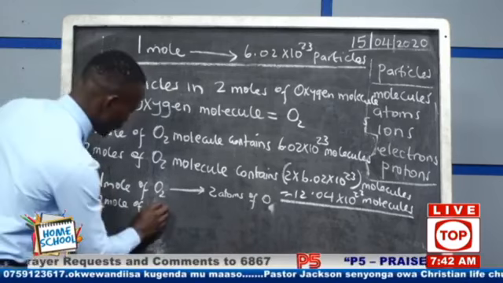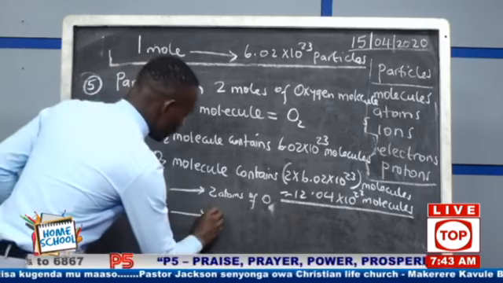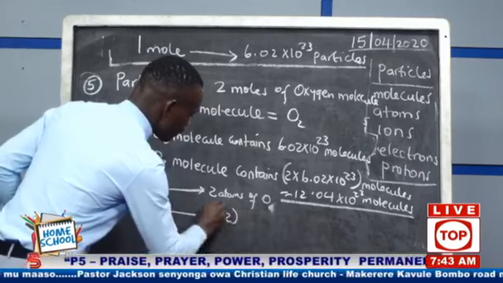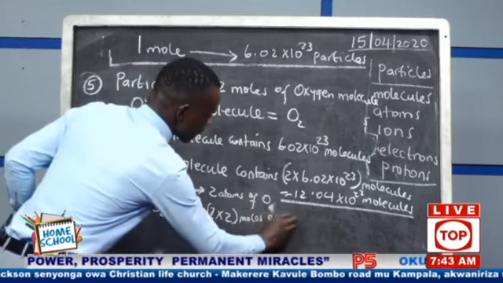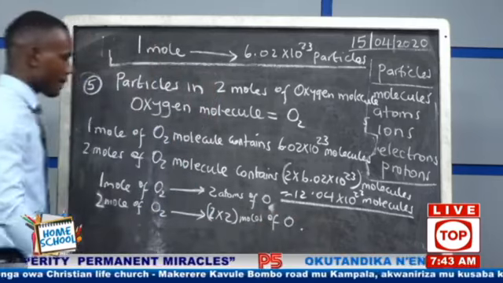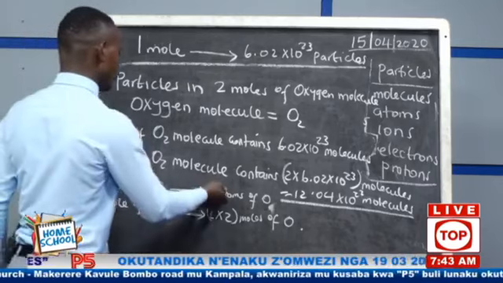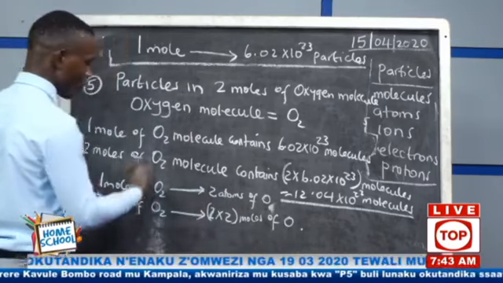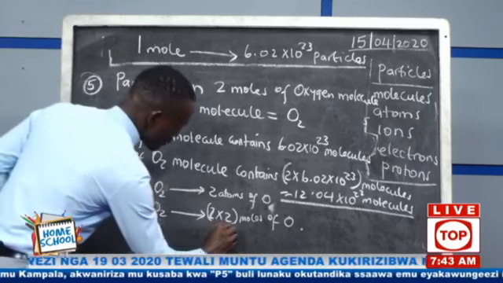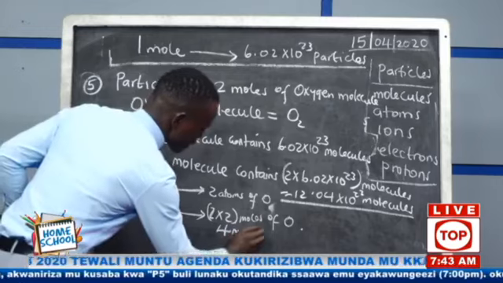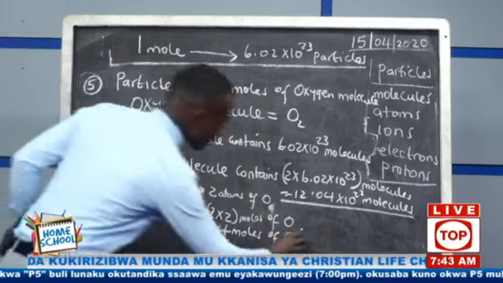Now 2 moles of oxygen molecule will be containing 2 times 2 moles of oxygen atom. Okay? If 1 contains 2, that means 2 will contain 2 times the 2, which is 4 moles of oxygen. So once we have 4 moles of oxygen atom,